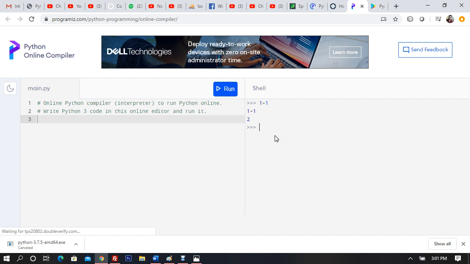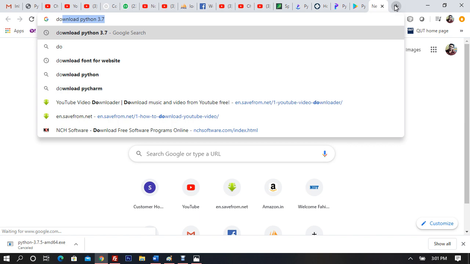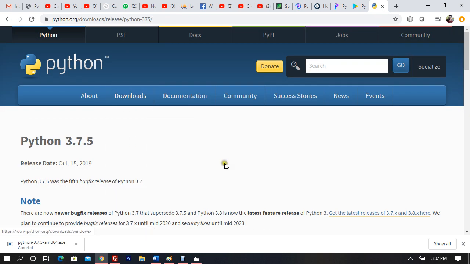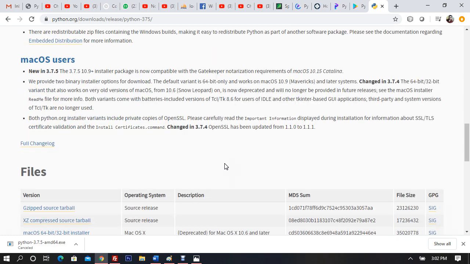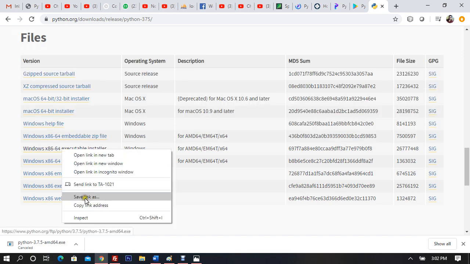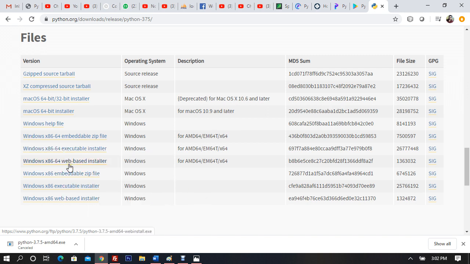And without wasting much of your time, those who have not downloaded can search and download Python 3.7, right? They can go and download Python 3.7 from python.org, and they'll find the Python release right here. Okay, it's here. Executable installer, that is here. Windows x86 64 executable installer. I will share this link also down in the description section. That means you will find 3 links down in the description and in the first comment section. One link is going to be of Python download, second is going to be Python for Android, and third link is going to be online Python, right? So let's quickly get started.